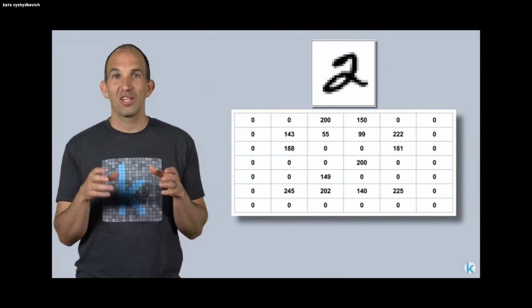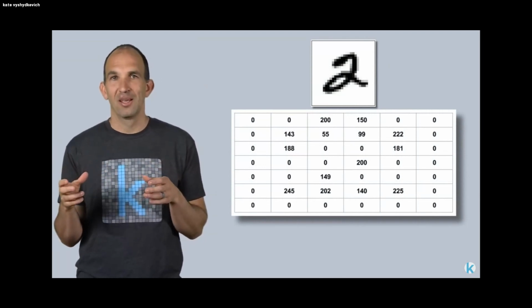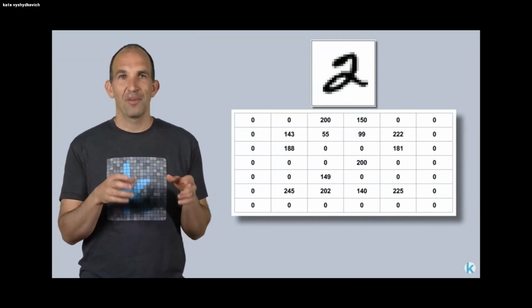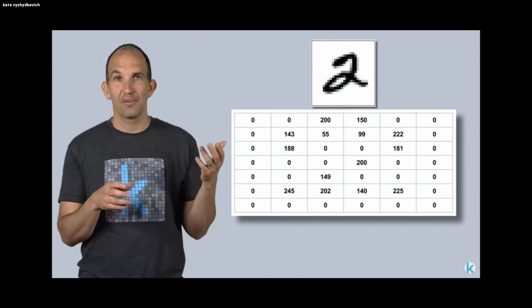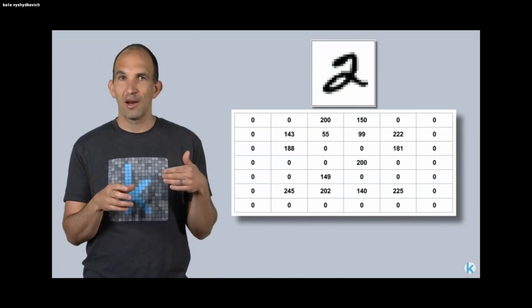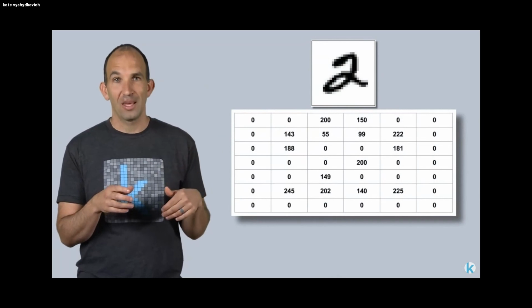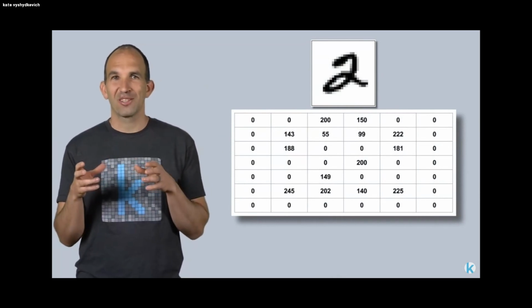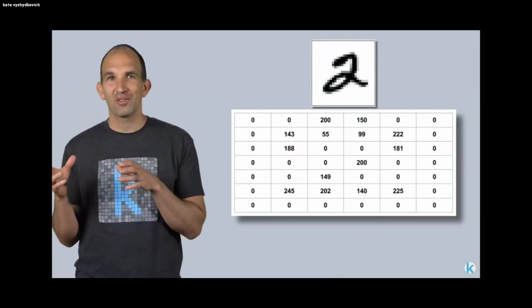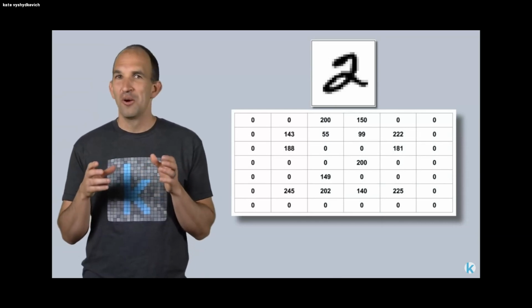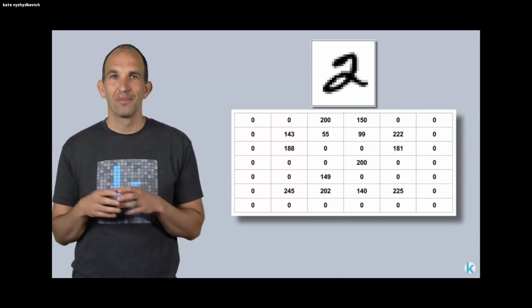Each value represents the darkness of a pixel in the image. The number in the upper left of the matrix indicates how dark the upper left pixel in the image is. Go down a row in the matrix and we get how dark the pixel 1 row down in the image is. I made this a small matrix to fit on your screen, so the real matrix would be larger than what you see here, but it would have exactly the same format.